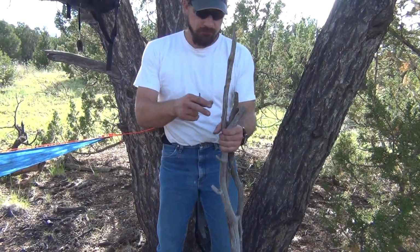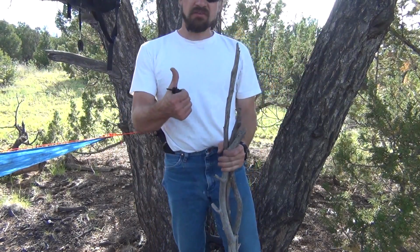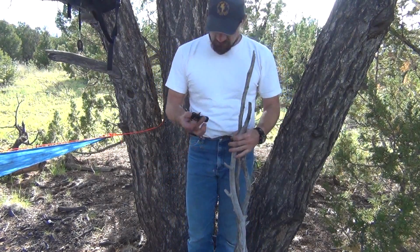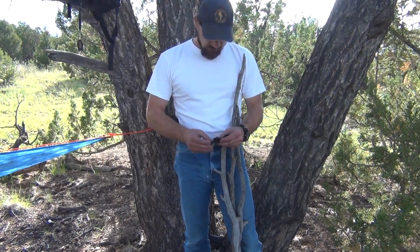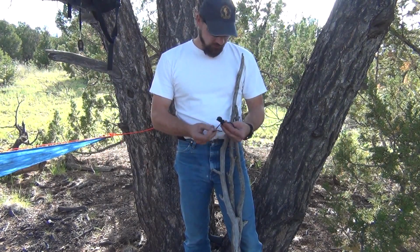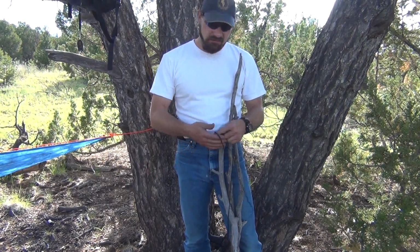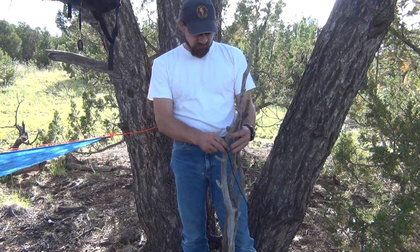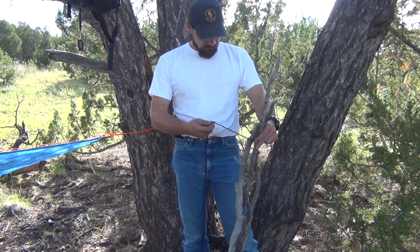Okay everybody, I have 3 pieces of wood here, about the size of my thumb or just a little bit fatter than that, and I have a little bit of paracord. I'm going to make just a very quick, no frills tripod so that I can hang some of my cooking stuff over the fire. So the first thing I want to do is line these things up, and make